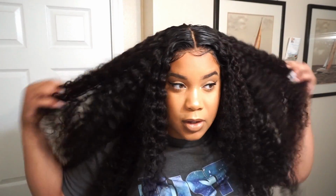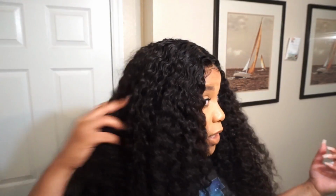So this is literally what the wig looks like, you guys, after a full day of wearing it. I didn't do anything throughout the day when wearing it, like spray it down or anything. And this is how big the hair gets. It's still a really nice texture, but it's a little frizzy and she needs some daily moisture back in her life, okay? I'm just going to show you guys the back of the wig,